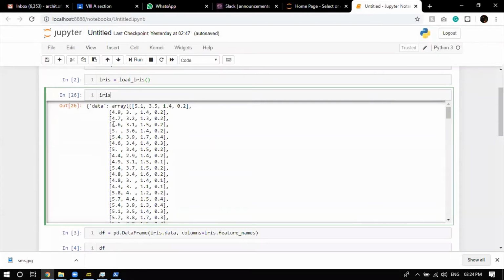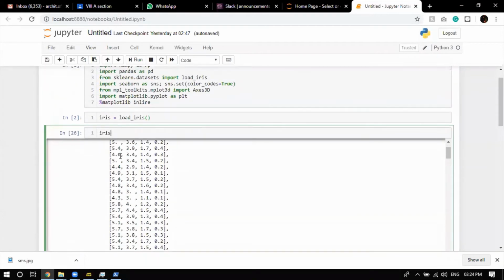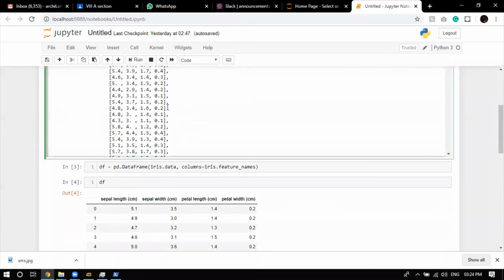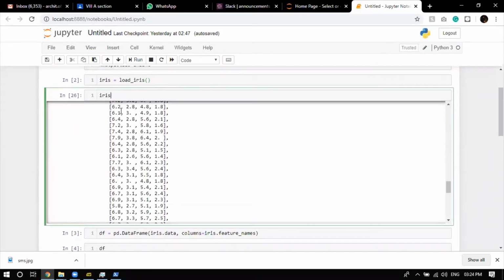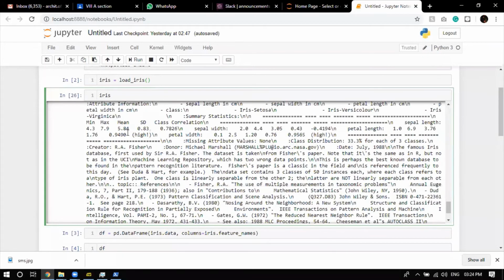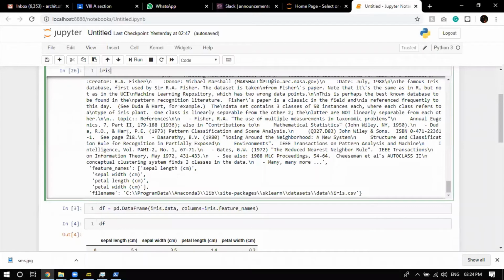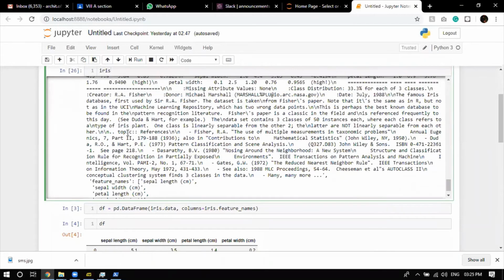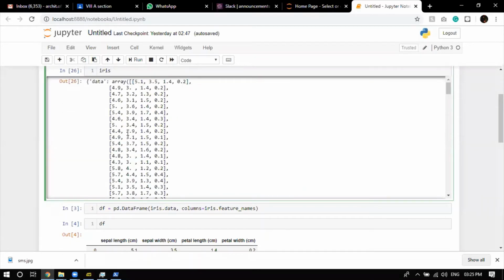Sorry, it's going to give you a dictionary, which has two or three keys, which are data, target, the target names, like what the column names are, and some information about itself, like what it is and where it has been downloaded from, because they have to refer to where they copied the data from.